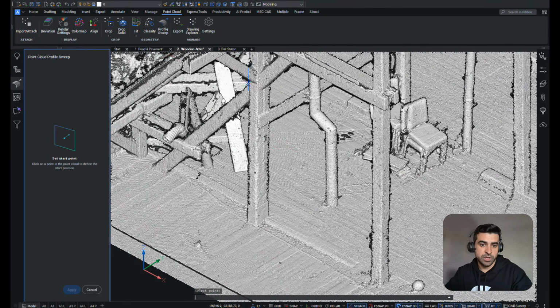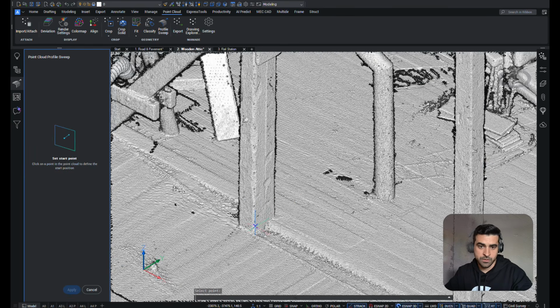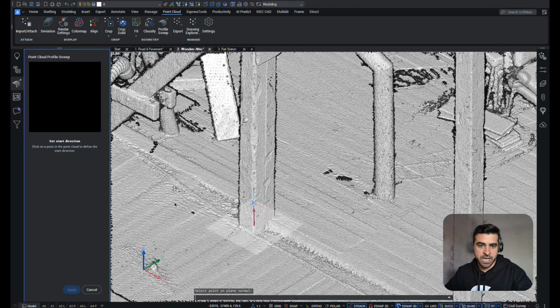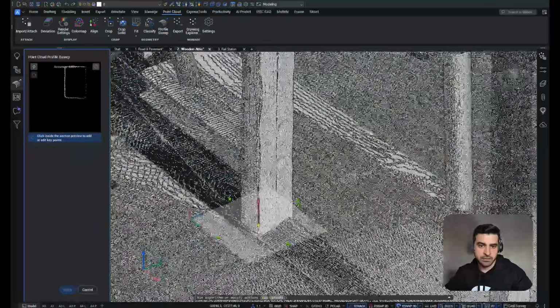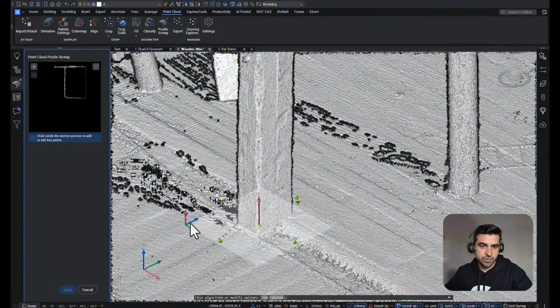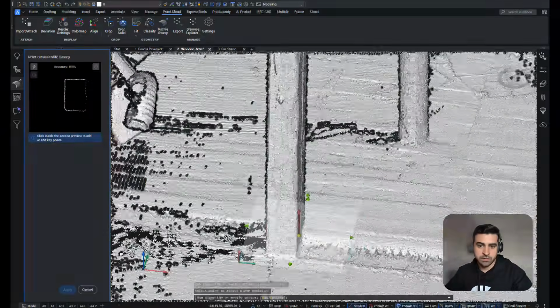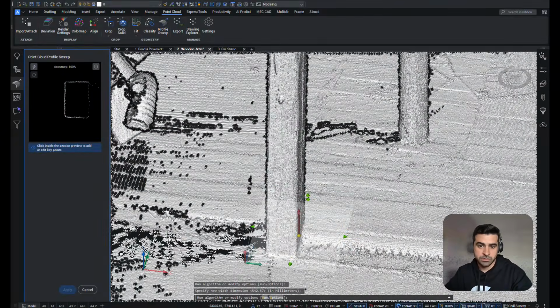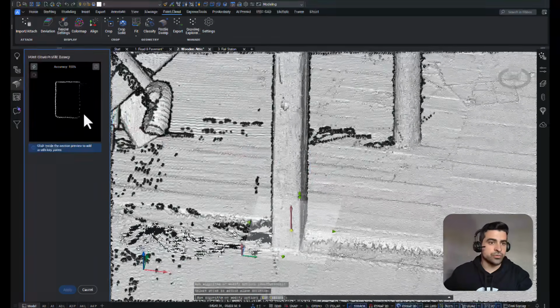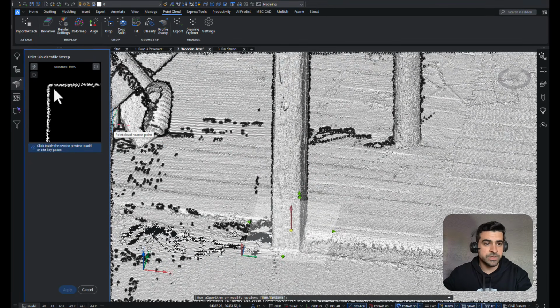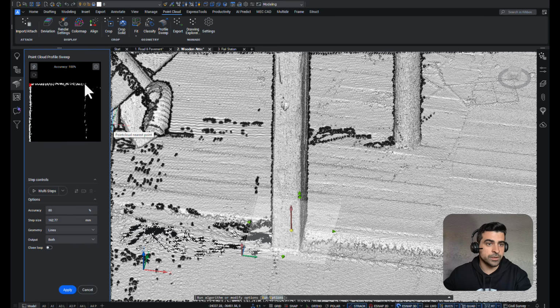Again, profile sweep solves this issue. I like to click on this edge right here and then create a second target point along this path. I can then, well, we can use it as we saw before to center this in a better way, make it smaller or bigger, and make sure that we get the best accuracy possible. So we will follow the same process. We will just click on the points, 1, 2, 3, 4.